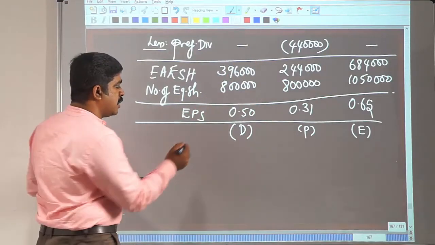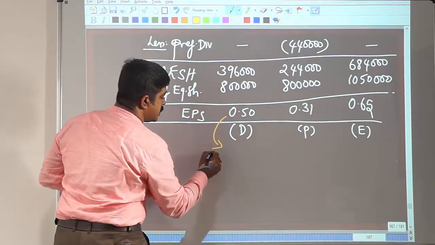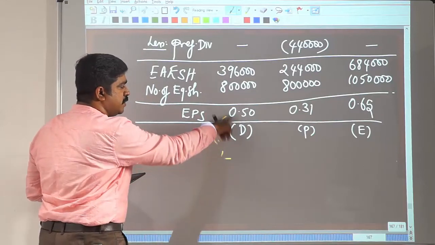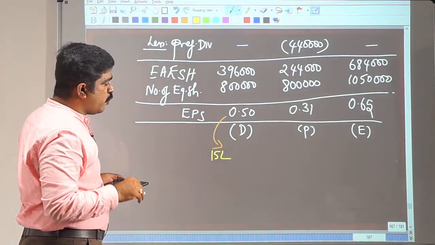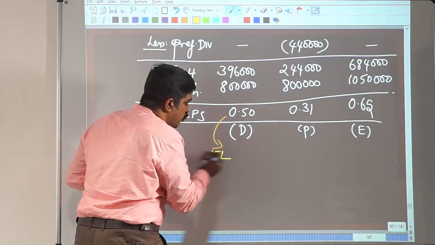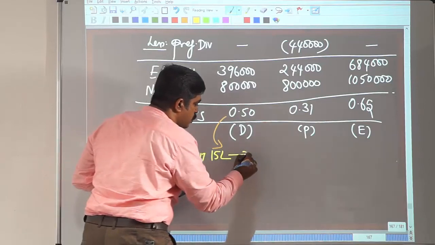They are standing at an EBIT of 15 lakh. 15 lakh is giving EPS of 0.5. So if you want the debt option to be the best option, then it should move from EBIT of 15 lakh to